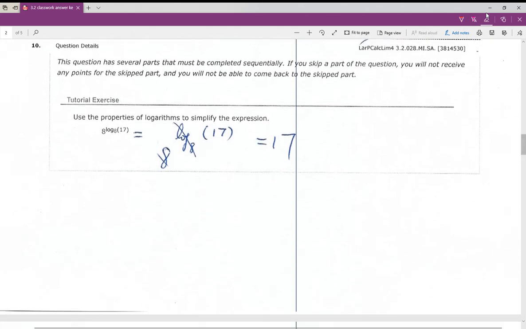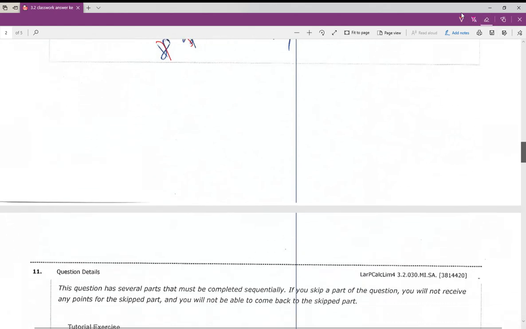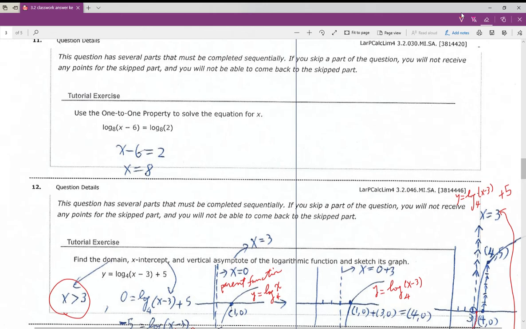Number 10. Number 10, you may just cancel out the inverse function. Its answer is easy. Number 11, same idea. These two,